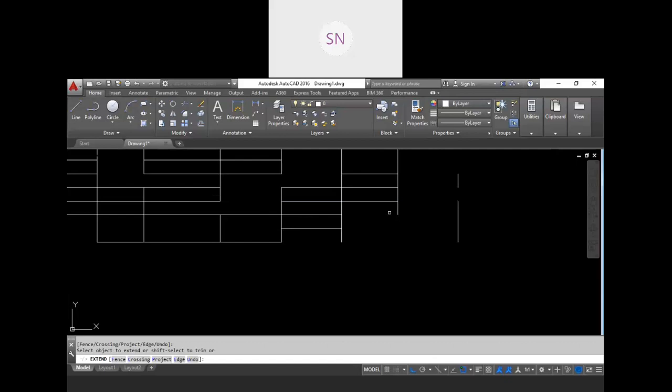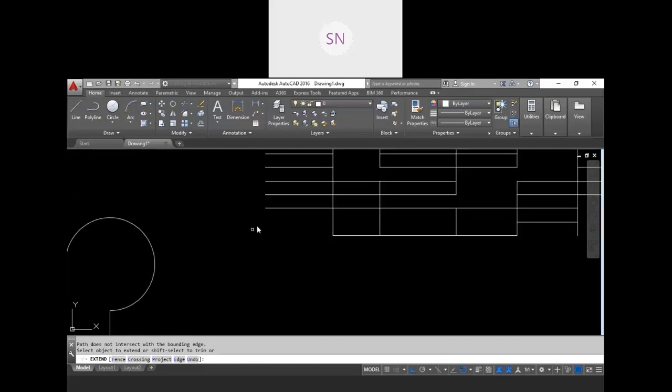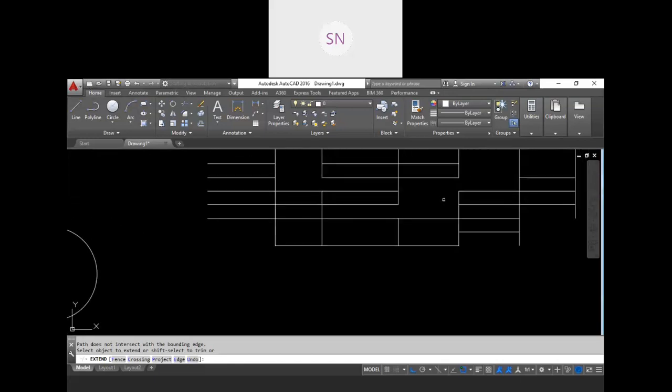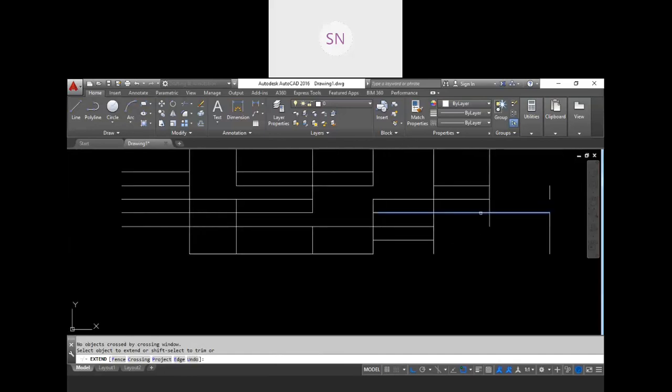See, this is providing us a preview, right? But if I zoom in such a way that the target is not visible on my screen, you will not get any preview over there. See here, actually there is a line, but it is not visible on the display, so we will not get the extension. If that line is on the screen, then you will get the extension.